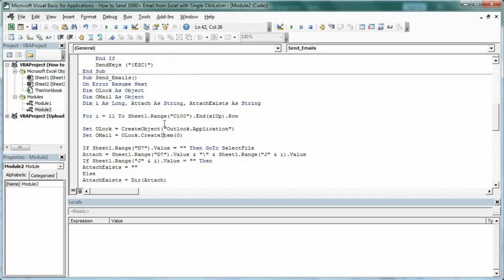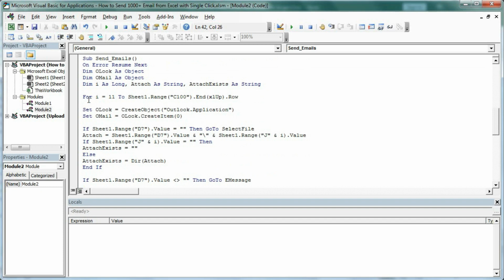And here we have started a loop for I equal to 11 to sheet dot range C100 dot end XLR. So that means this value will get the last row of C column.